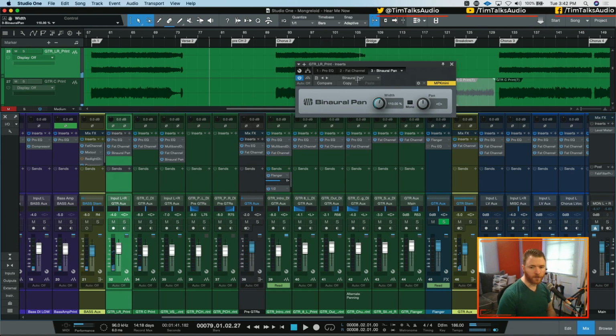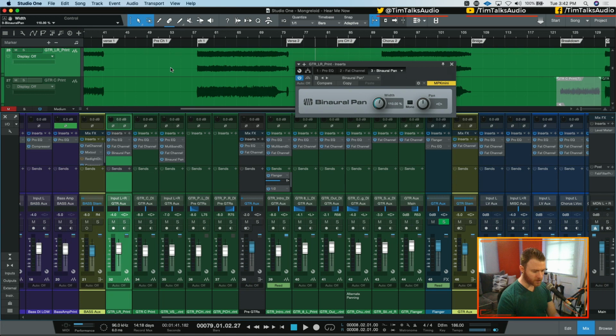So that's another way to do some automation and to do just some little tricks to help your song get bigger in the choruses. Again, this song has everything split out onto its own tracks. So the verse guitars, I can just throw binaural pan in, make them a little bit smaller, and that's not a big deal. But if everything was just on a set of its own rhythm tracks that go all the way through, you can throw binaural pan on there and then just automate the